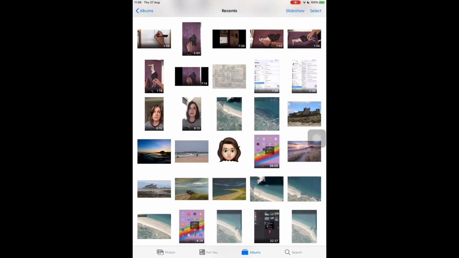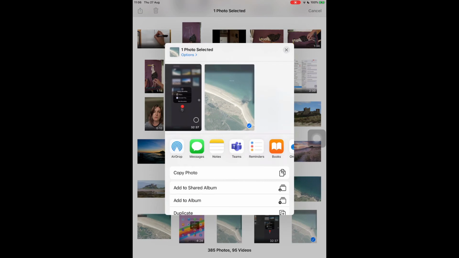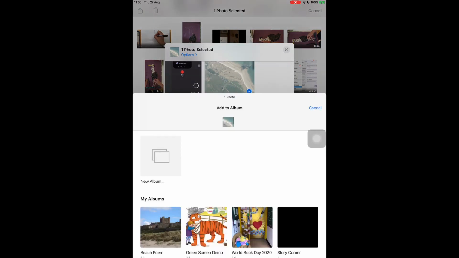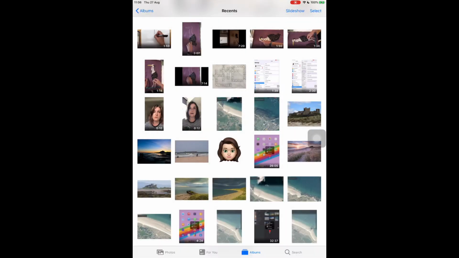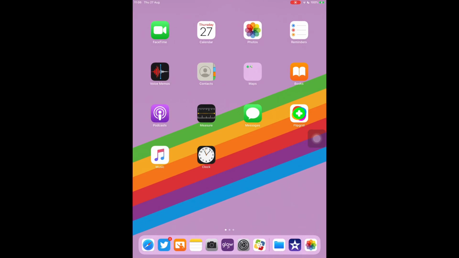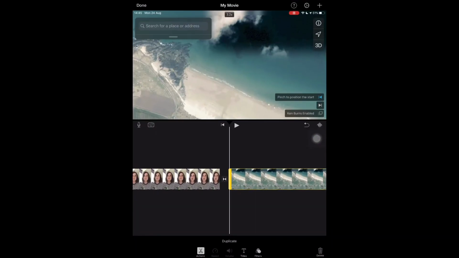Now you know by now how tidy I like to keep my folders, and again that's a really good thing to reinforce with your students. So I'm going to go up to the top right and press select, bottom right to select that image, and then over to the share button in the top left hand corner of the screen. Scroll down and I'm going to add it to album, and I'm going to add it to that beach poem album. So if I press the home button to come out of photos and go back into iMovie,